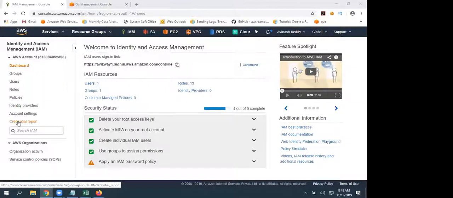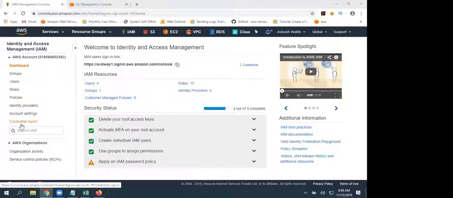Okay, all good? So that's it for this session, guys. In our next session, we will discuss, first of all, the password policy. Second, we are going to discuss how we can create our own policies. Then we will discuss how you can generate a credentials report.